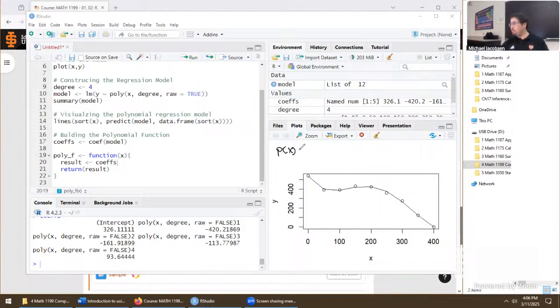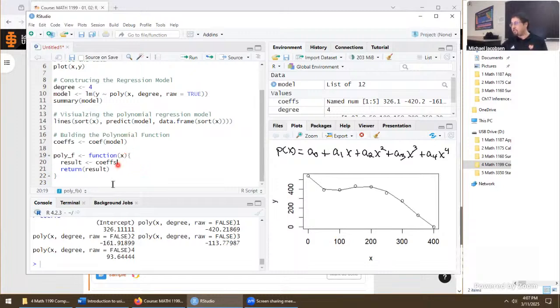P of x, that's the polynomial function, is going to be a naught plus a1x plus a2x squared plus a3x cubed plus a4x power 4. Kind of tedious to build all that. But I'm just doing one step right here, specifying the constant in this polynomial function.